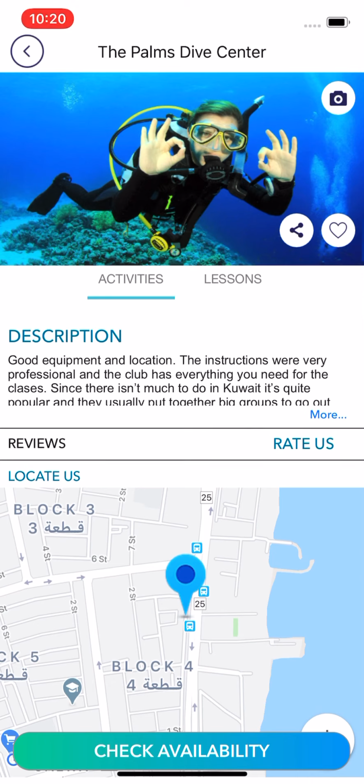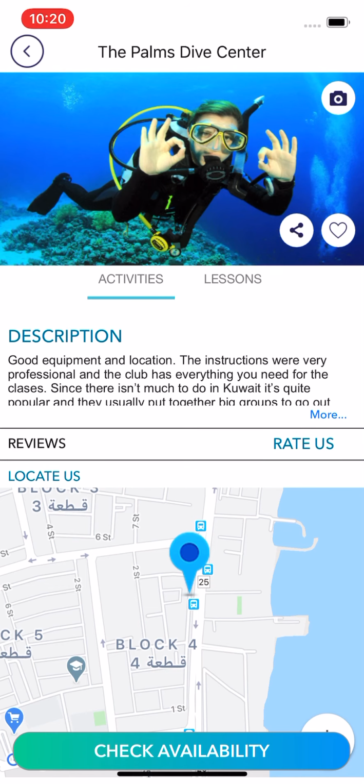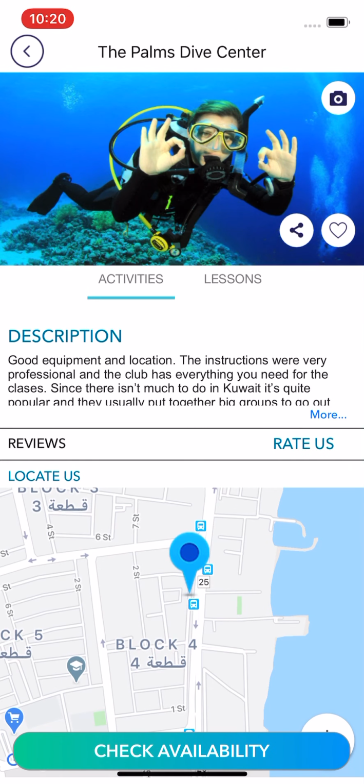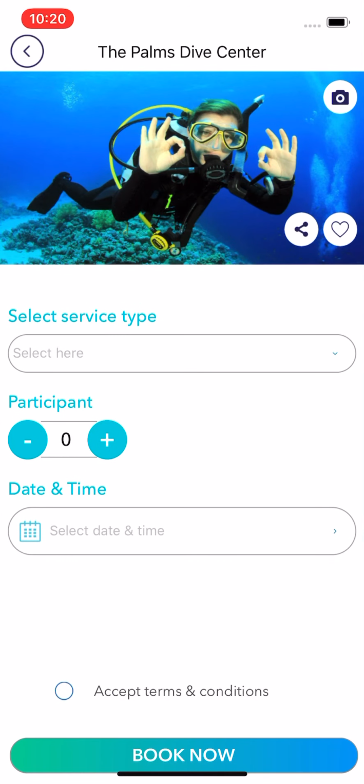Okay, after that I'll get one testing credential as well. Okay, now for example, if the lesson is showing advanced, if I want to book an advanced lesson, then this is the advanced lesson. Then beginner, then this is the number of persons, how many persons, and I can do the booking, or I can check the availability of the service provider.